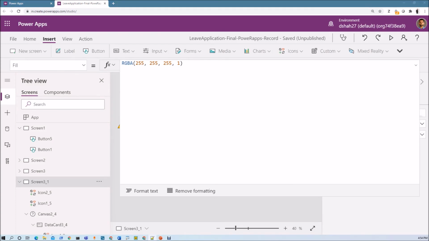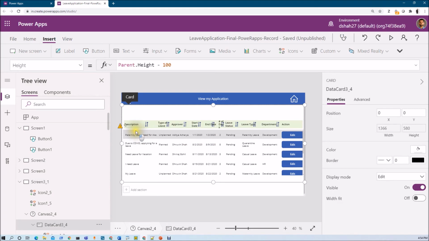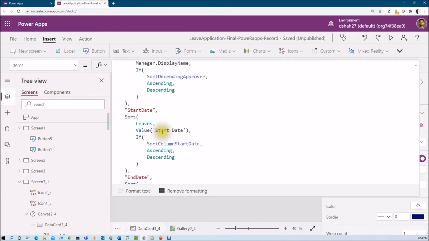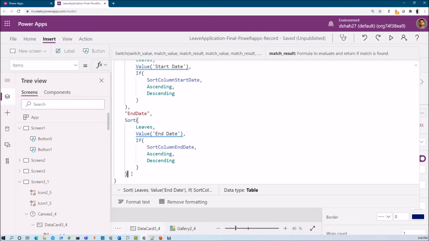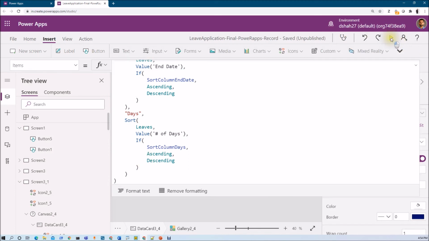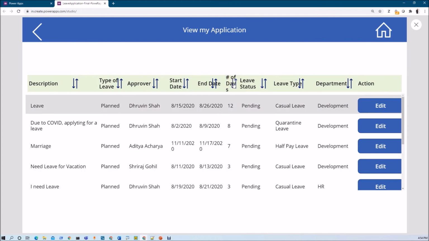So here as well we just need to use the value function inside the column name. Let me add one more sort condition here. I just need to select this row, comma, then we add days, and inside that sort, same way, values inside the column name, and this is my if condition of the variable, right? Now let's filter that out and check. So this is the number of days, and it has been sorted, right?